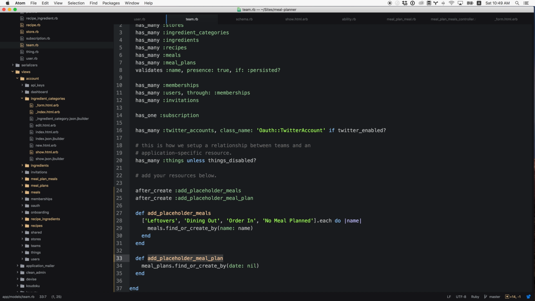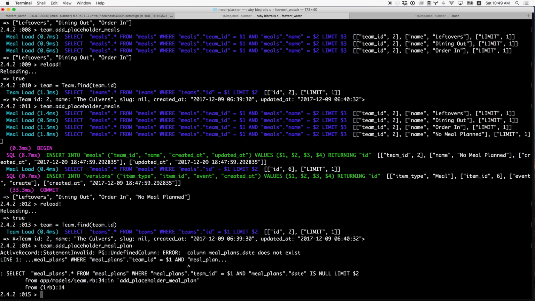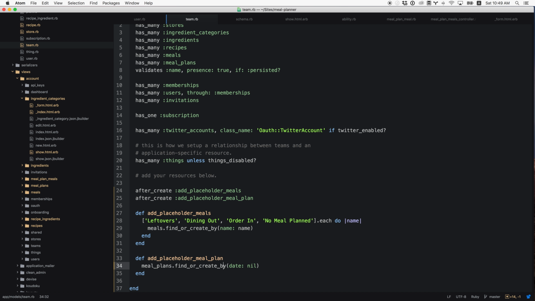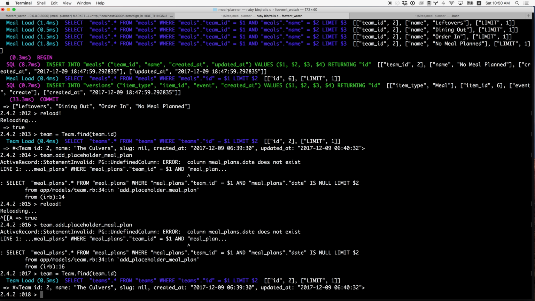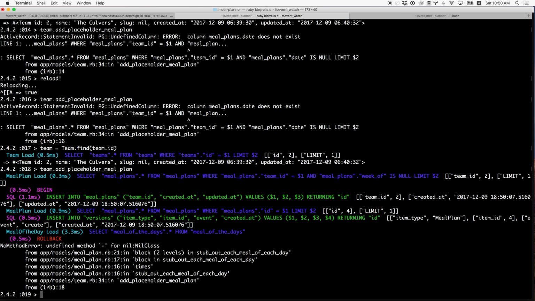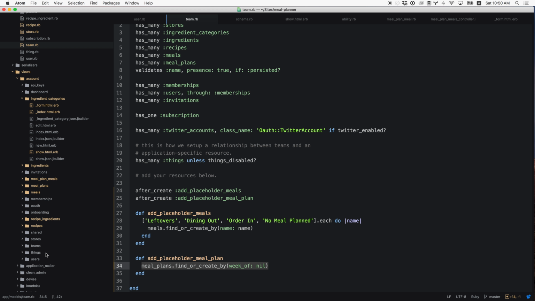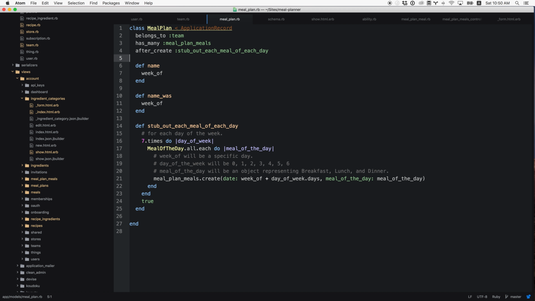And let's do this again. So we'll reload the team. Meal plan date. Oh, week of. I need to reload the team object. All right, so stubbing out each meal of the day. Oh, this is interesting. So there's a problem now in the logic of the object that it always depended on there being a date. So now we have to clean up that logic. It always assumed that there was a week of,